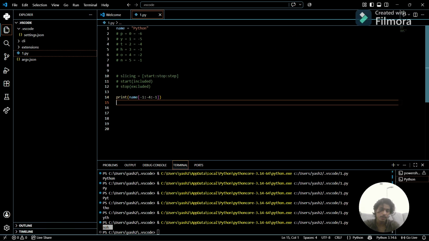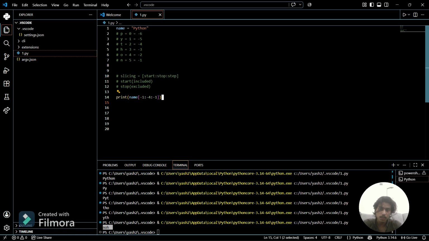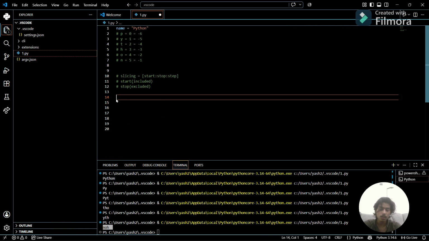So it is that much simple. It is pretty complicated at first, but if you practice these things, it will become easy for you. So you don't have to worry about it. You just have to practice more and more, and then it will be easy for you. Now I'm going to tell you one more thing: we don't have to specify the ending part